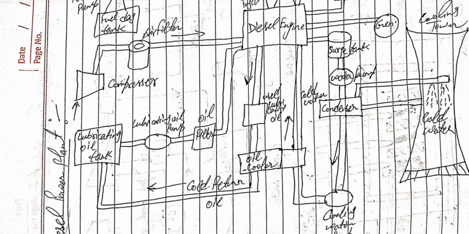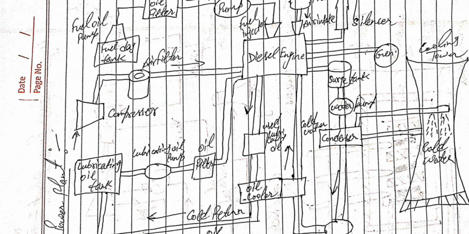Then used lubricating oil, डीजल इंजन में जो ऑयल यूज़ किया है वो यहाँ से नीचे आता है, जो ऑयल कूलर से कूल होके और लुब्रिकेटिंग ऑयल टैंक में जाता है दोबारा से। देन सर्ज टैंक कनेक्टेड टू द डीजल इंजन।